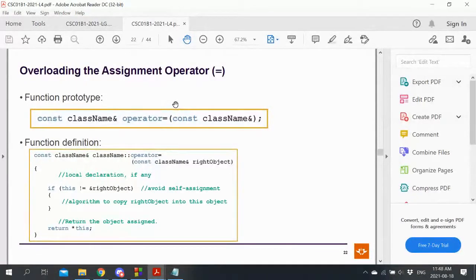And then lastly, and I think this is where we'll stop before I start doing an example. No, let's carry on, and we'll do an example. Yeah, we'll do an example once we've covered the basics. Is the assignment operator. And the assignment operator is so important. It's part of what we call the big three. So for now, we've only had the big two in a sense, because if we have a destructor, it means we have dynamic resources that need to be released. It means we must have a copy constructor.